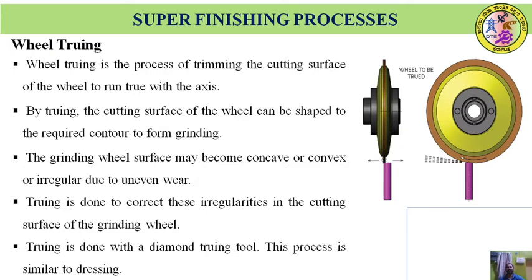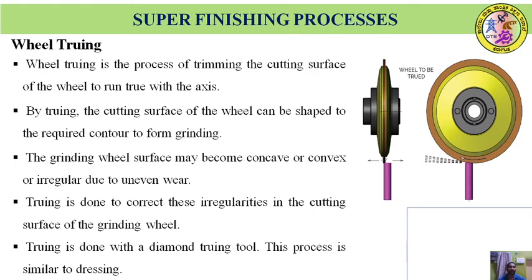Wheel turning. Every cutting tool will wear out after some use. We have studied that the cutting tool, everything, will wear out. If you use a single point cutting edge, we can grind it. But similarly, if the grinding wheel loses its sharp corners for cutting the metal, what will happen? It will not remove the material. So at that time we need to do wheel turning. Turning makes the sharp corners of the grinding wheel come in front so that it can remove the metal the next time.